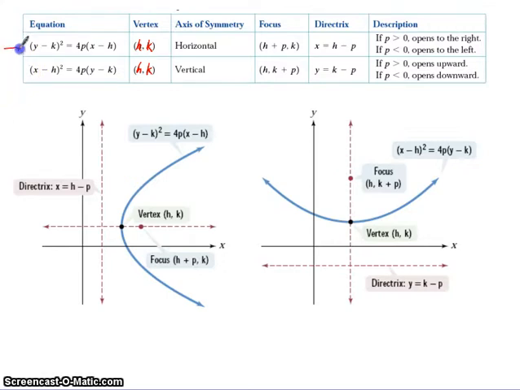So these are the two equations here that we're going to be dealing with when we have a parabola that has a vertex other than 0, 0. You can use these definitions here to come up with the focus and the directrix with a parabola centered with a vertex at hk. However,